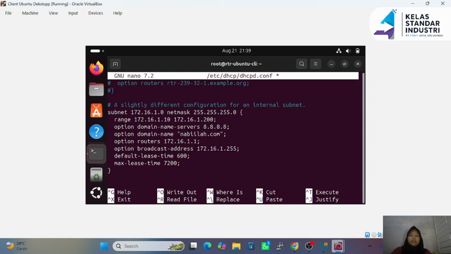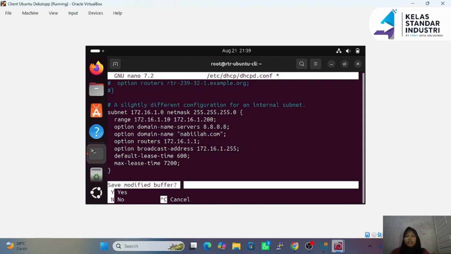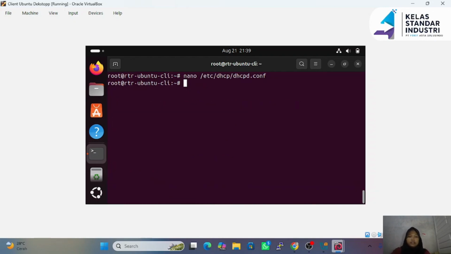Once that's done, we can press Ctrl X, Y, and press enter. After that, we'll restart the DHCP server service using systemctl restart DHCP and enter. Alright, if everything is done, the DHCP server configuration is now complete.